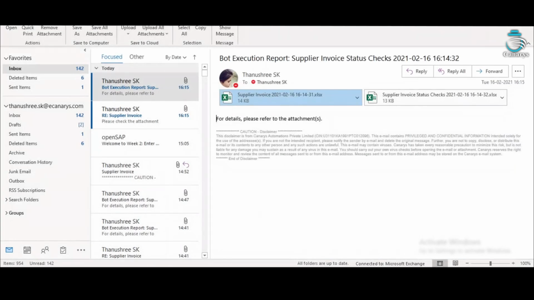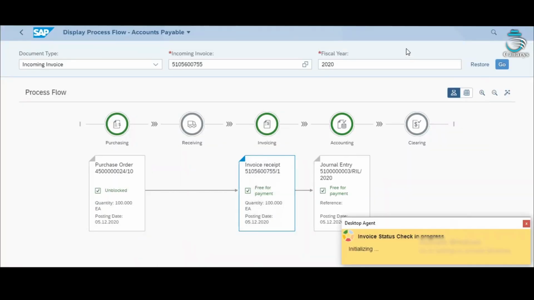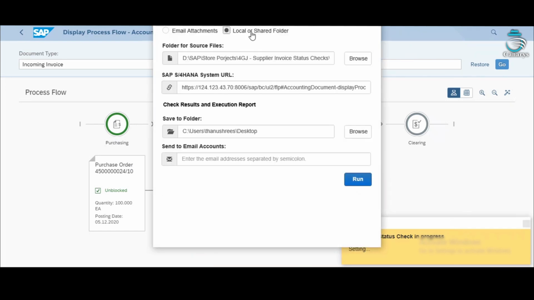Now I'll show it through the local folder. I need to select this checkbox, and where I have this email filter template spreadsheet, and this is the URL of the S/4HANA system where you want to save, and also the email ID.